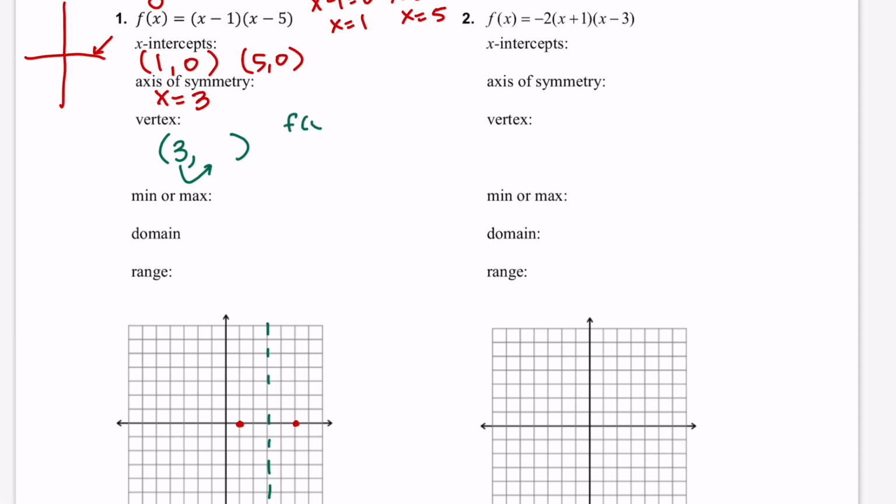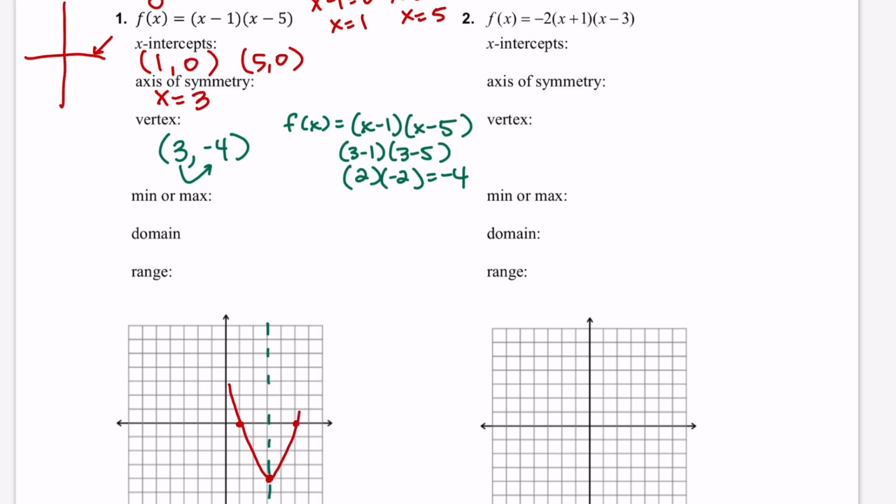So if you have f of x equals x minus 1 times x minus 5, what you're going to do is put a 3 in everywhere there's an x, which would be 3 minus 1 times 3 minus 5, which is 2 times negative 2, which equals negative 4. So I'm going to go over 3, down 4 and put my vertex, and then you just connect the dots into a smooth